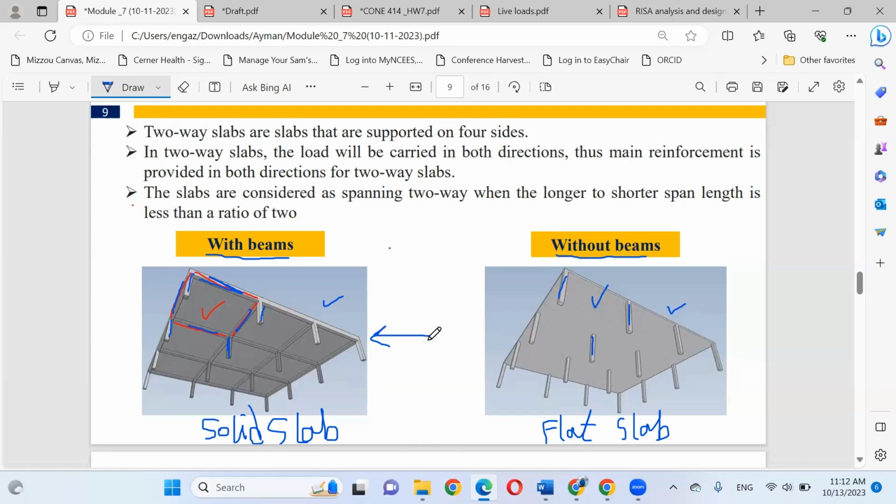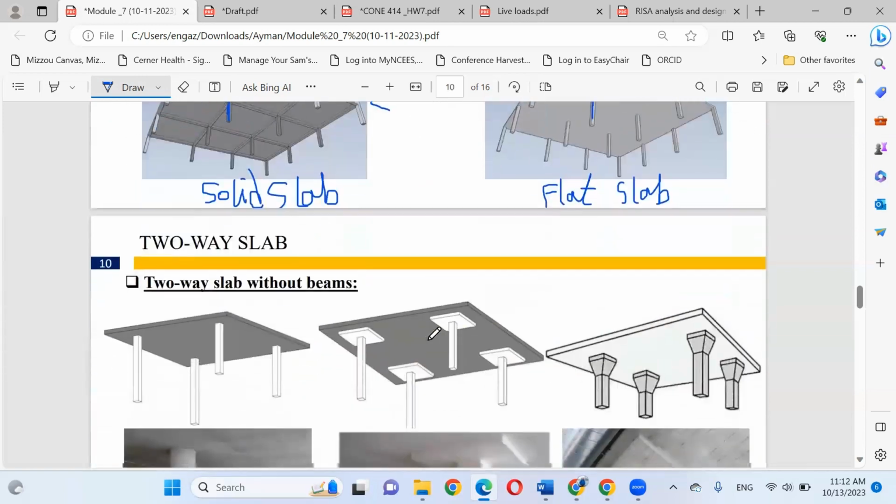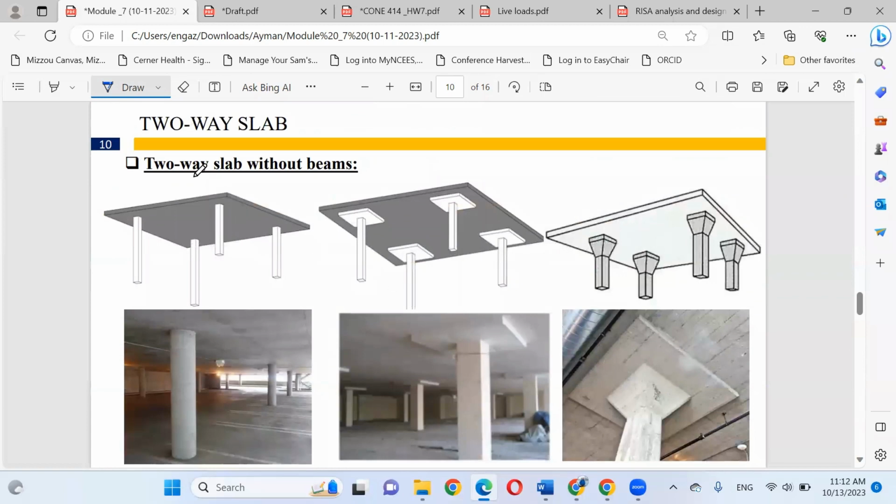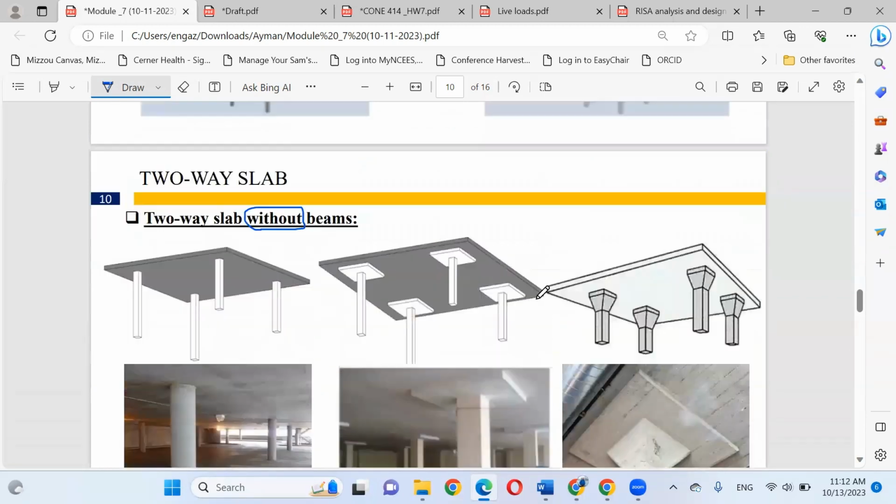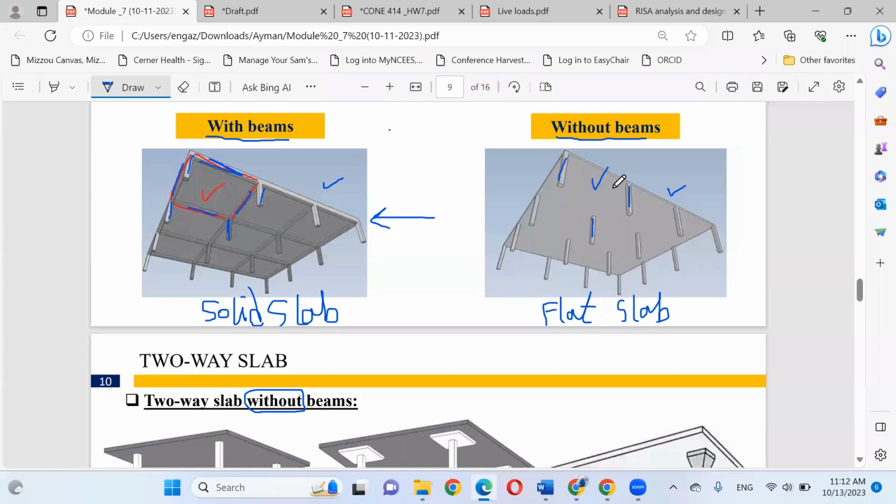It's not a big issue right now, but for two-way slabs without beams, the biggest issue is that the connection between the column and the slab is not strong enough.